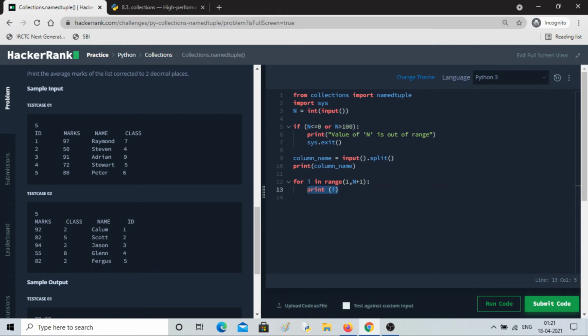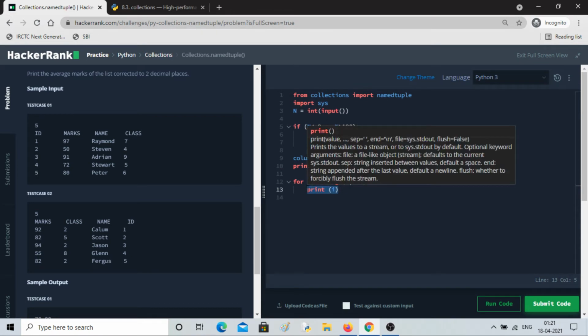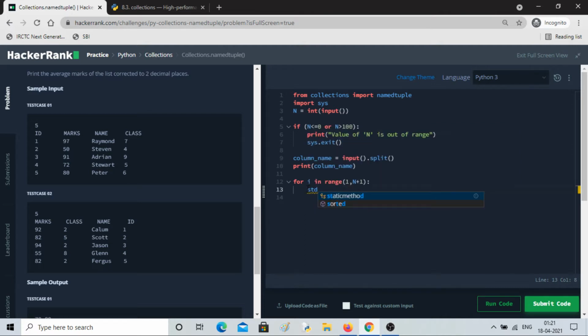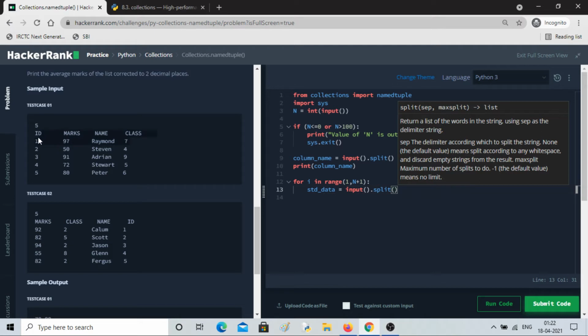So let's take it. So I'll write student data variable, student data equals input dot split. Okay, so it will take this line and split it.